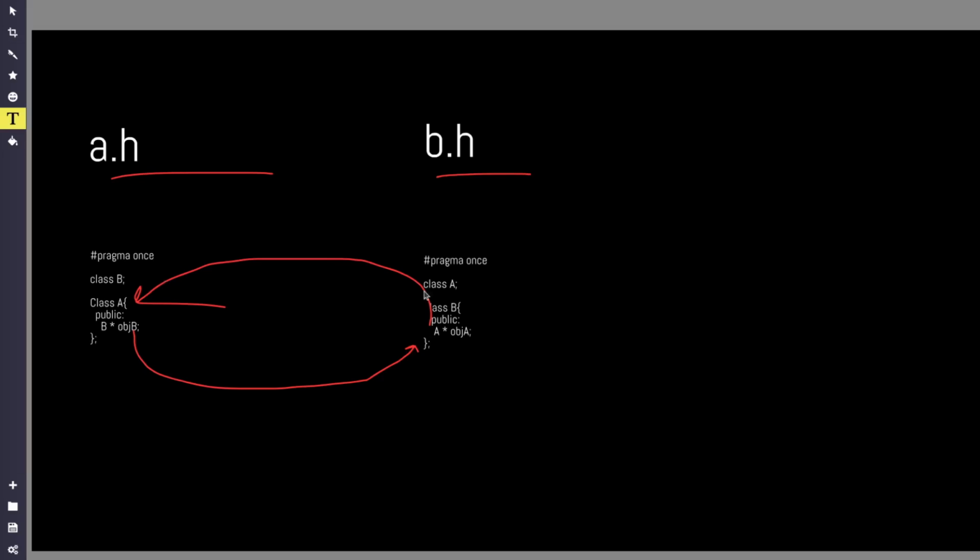It will then go to B, and then again it will go to A, so it will fall into an infinite loop. Now, what is the deal with the pointers? The pointers have a fixed size. Depending on the operating system, they are basically integers, right? So the compiler can deal with that. It just needed to deal with this symbol, which has been dealt with the help of this forward declaration